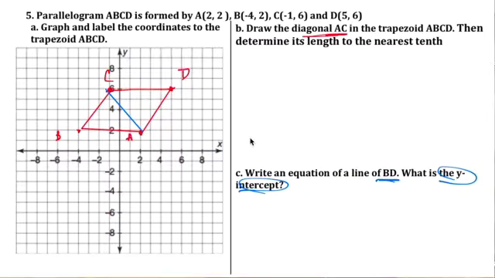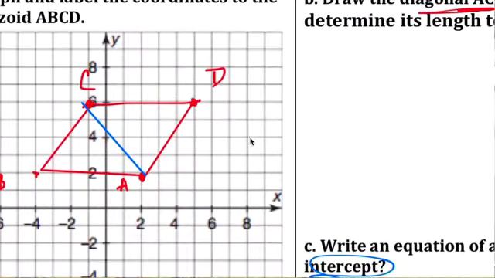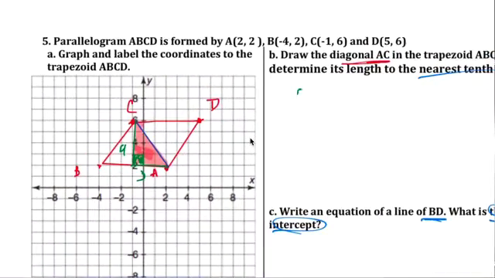One way to do this to the nearest tenth is to make a right triangle. If you do slope, it creates a right triangle, right? Going from A to C, if you went down 4 and over 3, that creates a right triangle right there. And you can do the Pythagorean theorem because it's a right triangle: a squared